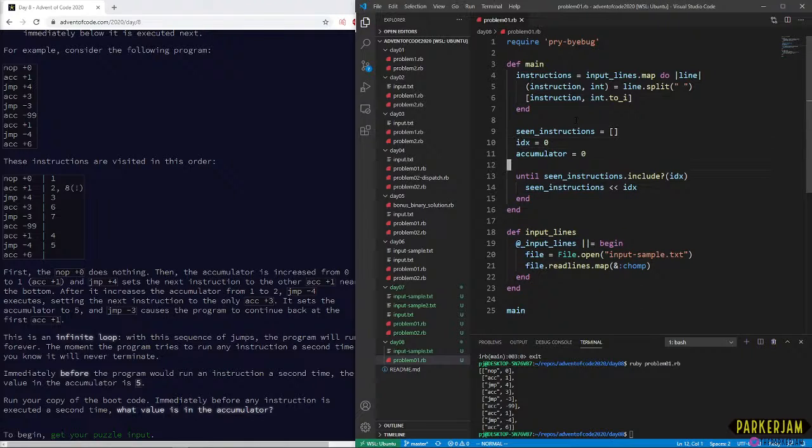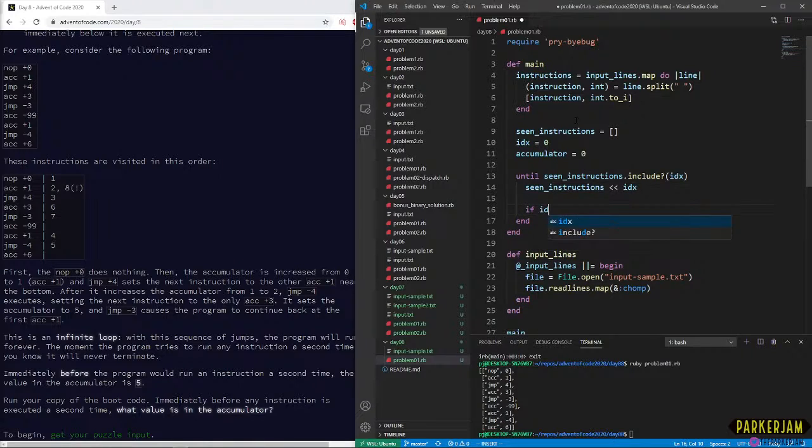Let's clear that out. Okay, so we are making note of where we are. So it seems like there are two very different paths that we can take here. There are 3 different codes that we have to work with. And 2 of them automatically increment the index, and 1 of them doesn't. So I actually don't think it makes sense to group those together, now that I'm thinking about it. So if IDX equals